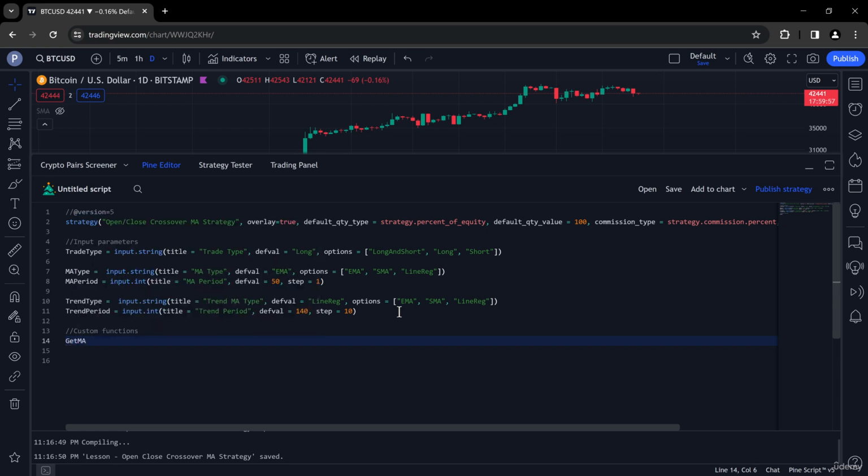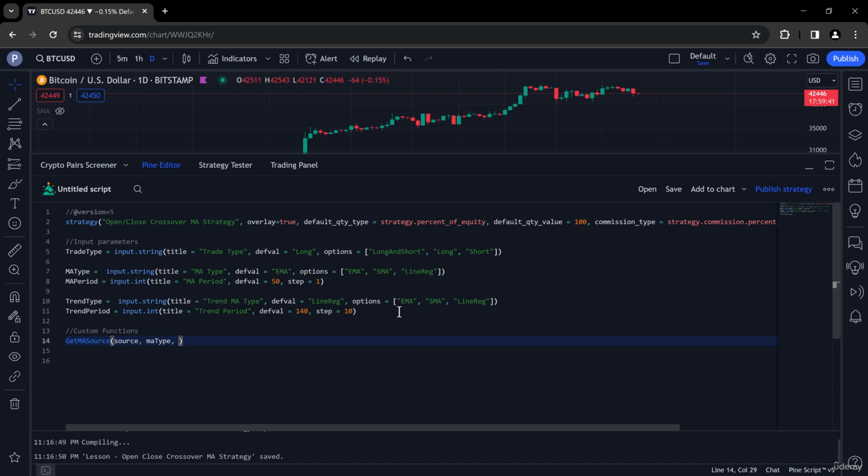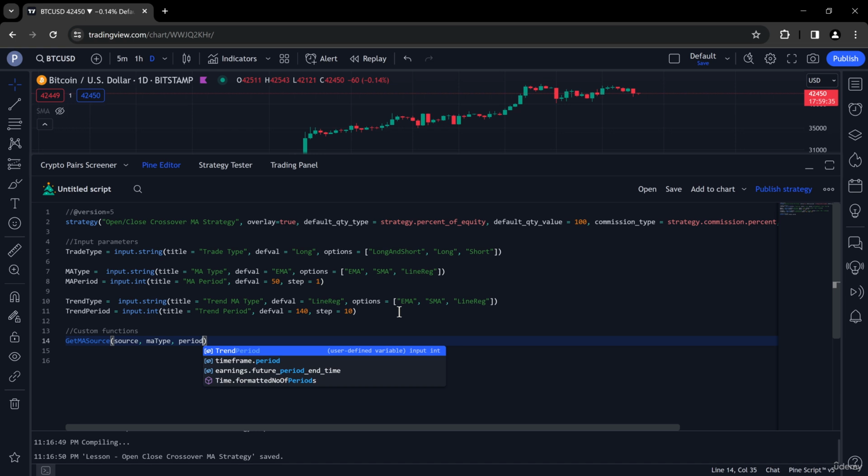So getMASource. The function is going to have three parameters. First parameter is a source. Second parameter is MA type. And the third parameter is period that MA is going to use. So source, MA type, and period. Next, we specify the arrow, because it's going to be the custom function, and in that custom function we're going to have a switch,